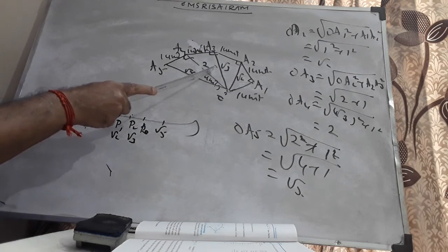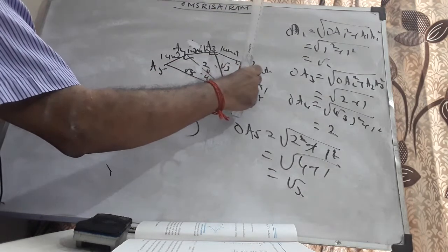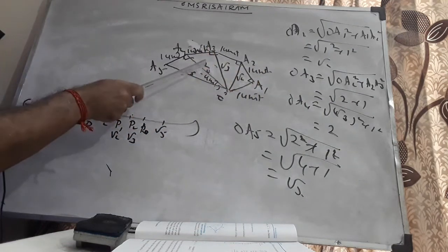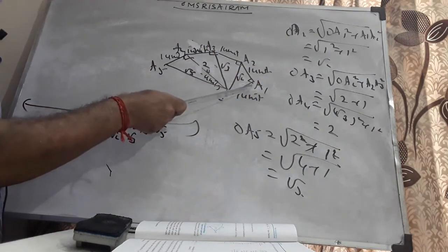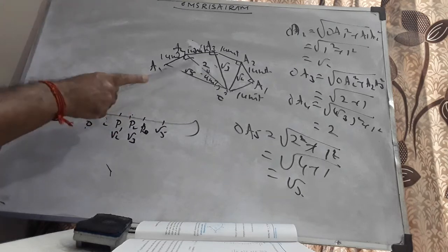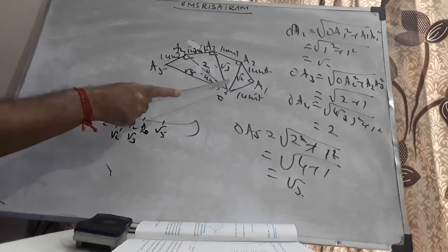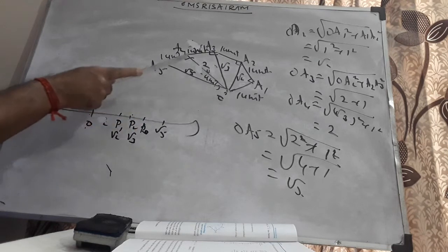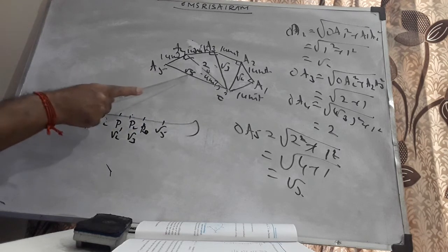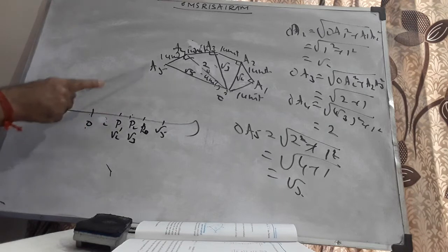This will be exactly 2. You can just measure. If this is 1, 1 plus 1, this will be twice of the same, and then I started with initially, it will be 2. Again draw A4A5 perpendicular to this. Then draw OA5. OA5 is root of 2 square plus 1 square. This will be root 5. Okay, and I can proceed.